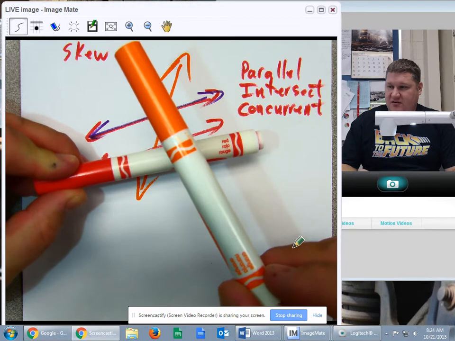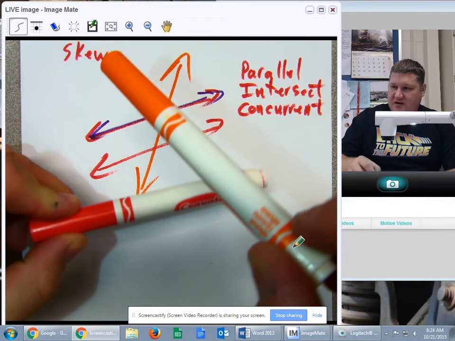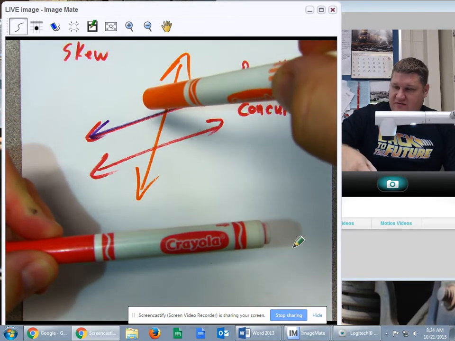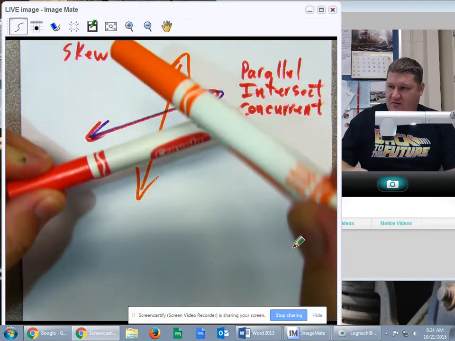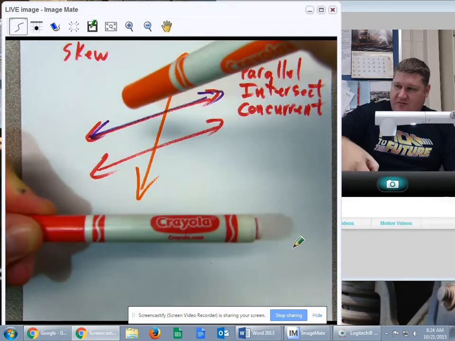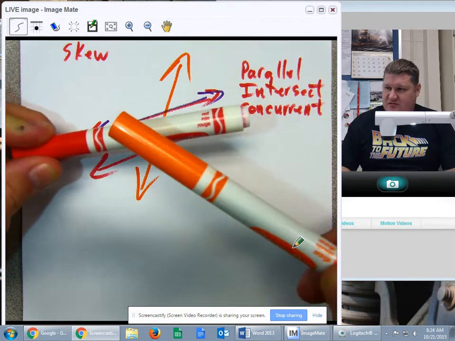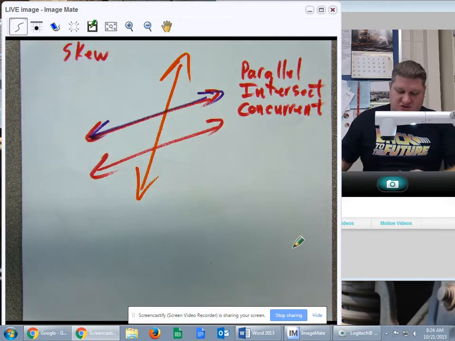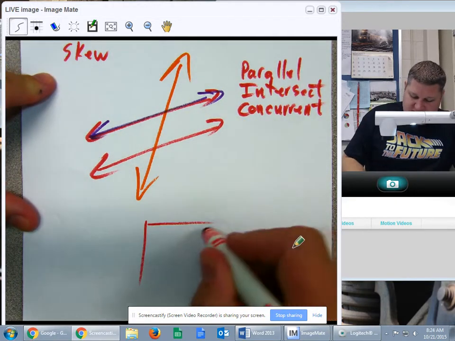Now, in this case, they look as if they might be intersecting until you turn the situation and you find that no, they bypass one another. And so they bypass one another without touching because you can do that in three dimensions, as you can't do in two dimensions. So if I had a standard box,